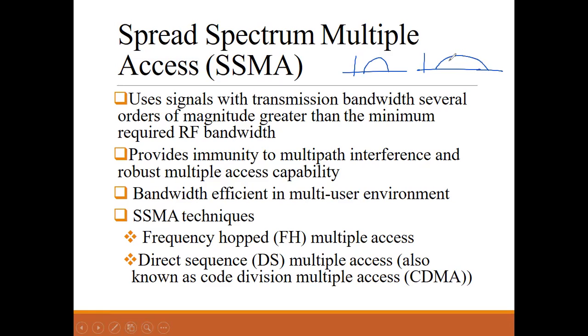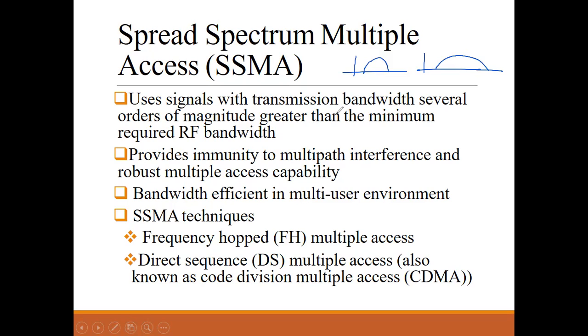It will be spread by the multiplication of the data with some pseudo random noise, also known as chip. Okay, so some collection of bits is known as a chip, and that chip is added for the different users so that they will get some differentiation.